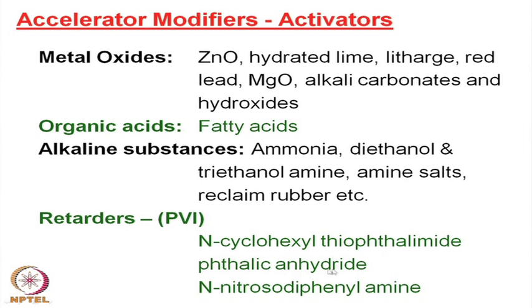I told you that an acidic compound does not allow the cross linking reaction or slows it down. So acidic compounds, this phthalimide type of compound, or nitrosodiphenylamine are used as retarders along with very fast accelerators. So even if fast accelerators are used, if these PVI compounds are present, they will prevent the vulcanization reaction from occurring